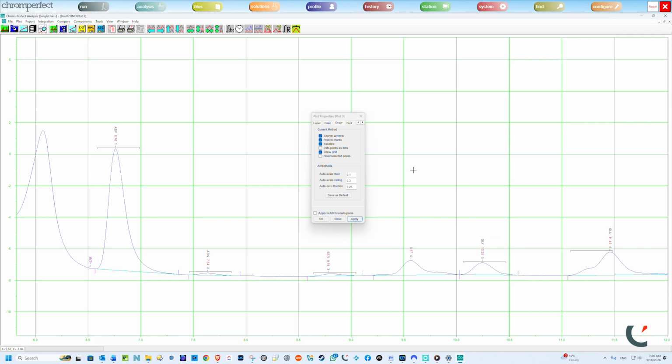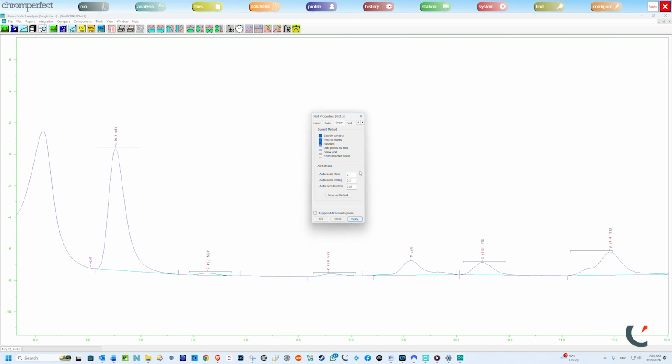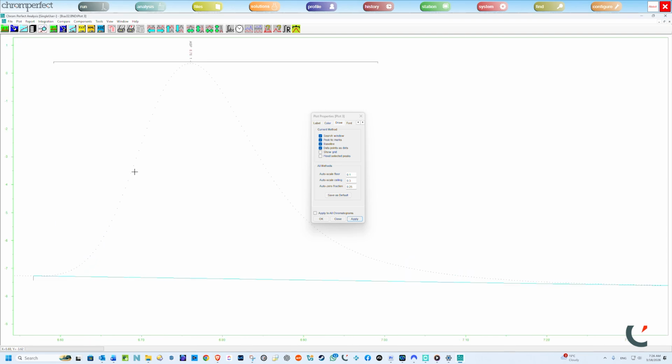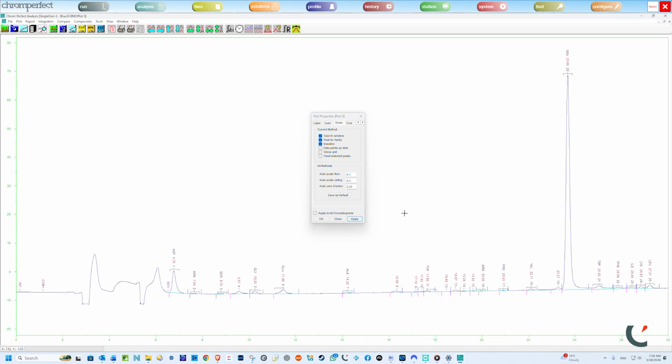Other drawing elements can help highlight peak boundaries or integration regions. If you have watched all the videos in this series, you may remember in Section 1, we discussed how sampling rate is important to correctly set up an analysis and collect the right number of data points to accurately draw the chromatogram. The option for Display Data Points as Dots is a useful tool to check that the sampling rate is correct, as it displays the actual data points collected and allows you to check that a suitable sampling rate has been used. Together, these drawing options allow the chromatogram to be configured in a way that supports clear visual